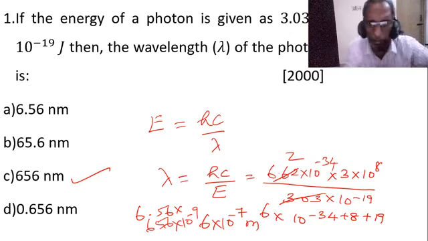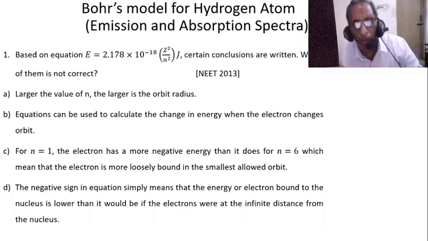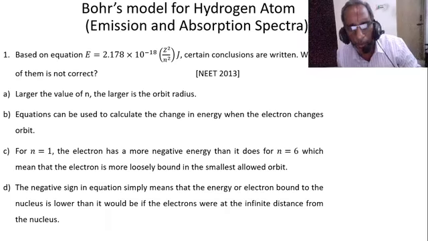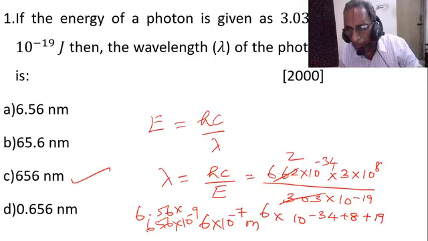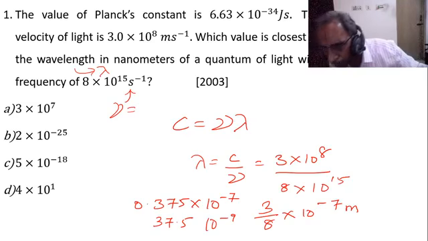Good. With this, we can finish. Anybody having doubt, you can ask. Tomorrow, next class, we can see the emission and absorption spectra related questions and also electronic configuration. Anybody having doubt? Make a note: the earlier sum is not correct, you discard this sum. The value of Planck's constant is not necessary. Velocity of light is given, wavelength, and it is a direct relation between nu and lambda. Good.